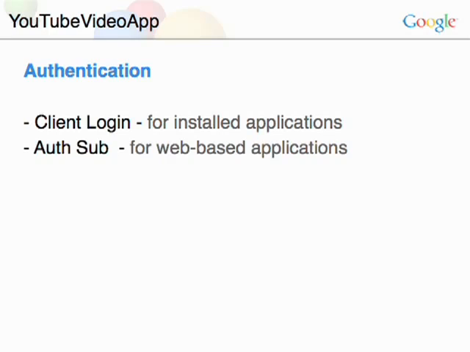So now we're going to talk about authentication with the YouTube API. There are two ways for your application to authenticate to YouTube. We have a client login mechanism, which primarily exists for installed desktop applications, and an auth-sub mechanism, which exists for